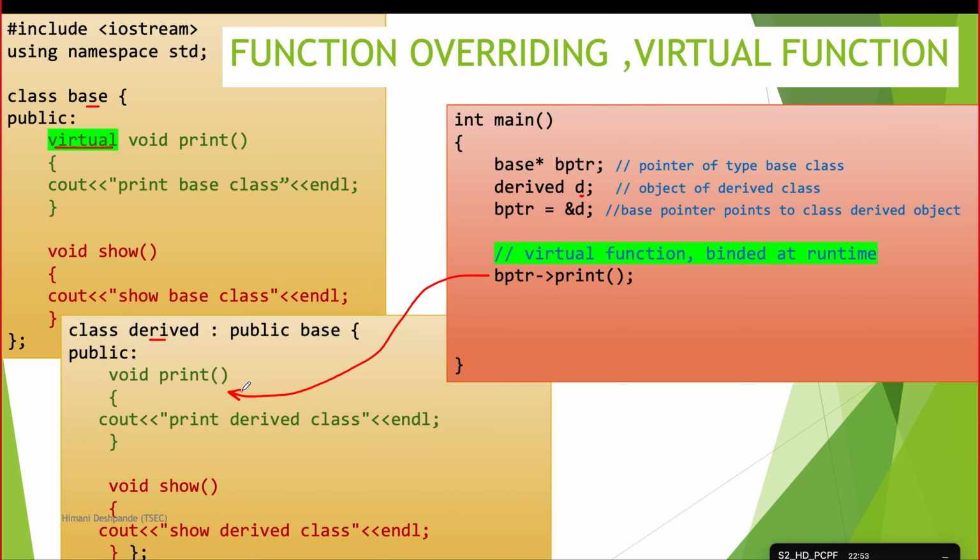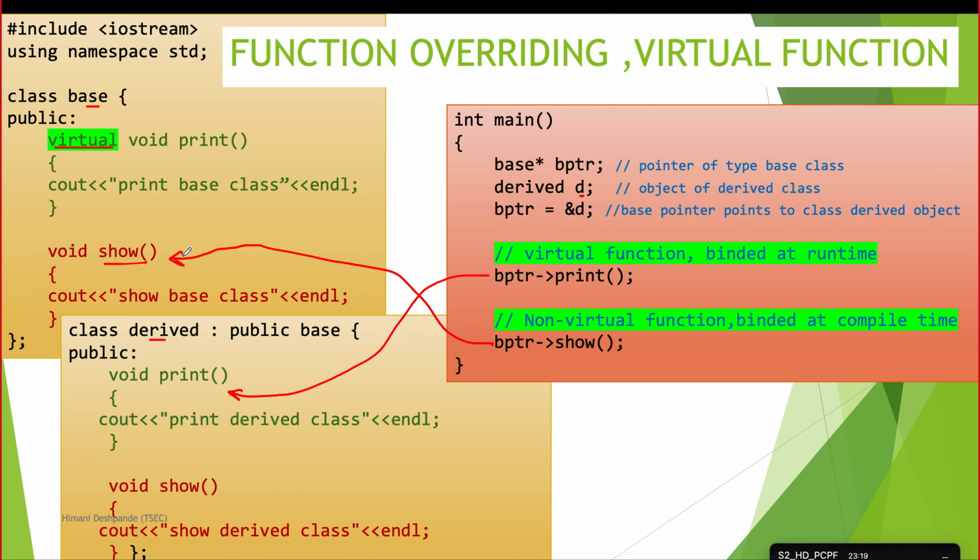Now next, we are going to use this pointer again to call the show function. So we have used the pointer of the base class only, and now we are calling the show function. It will look into the show function of base class. It is not virtual. As it is not virtual, the call will be made to this function. So using the pointer of the base class, first when we tried to call the print function, the print of base is not called because it was a virtual function.